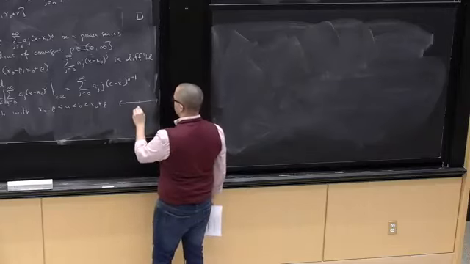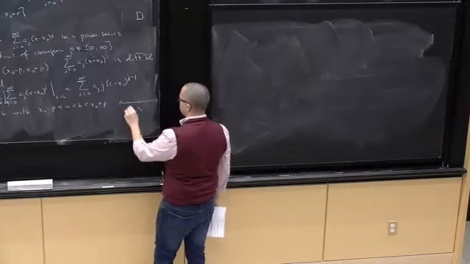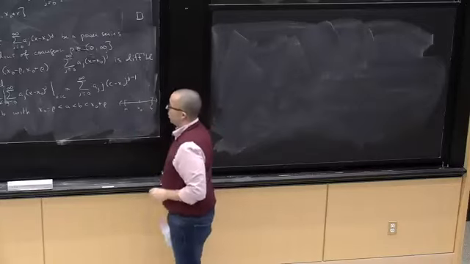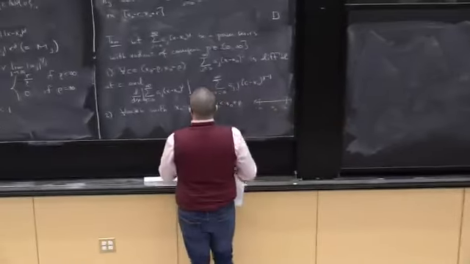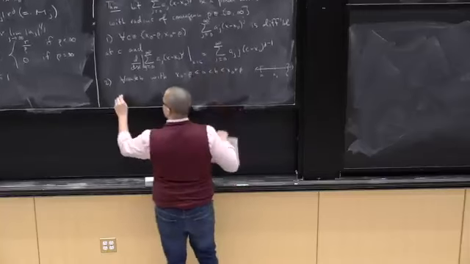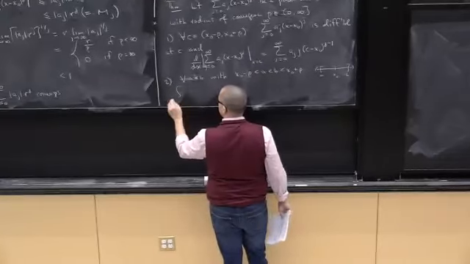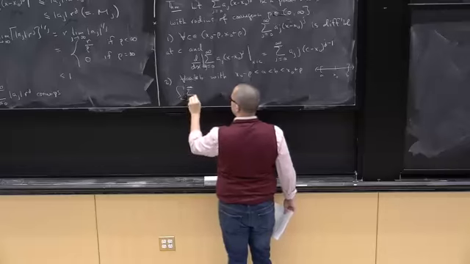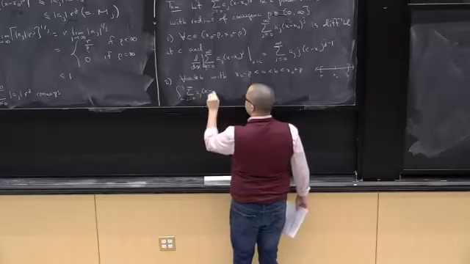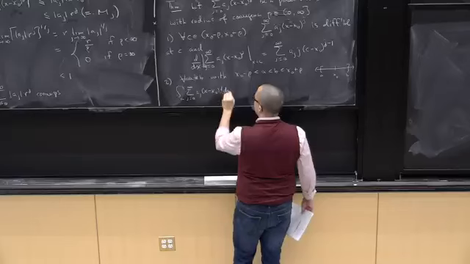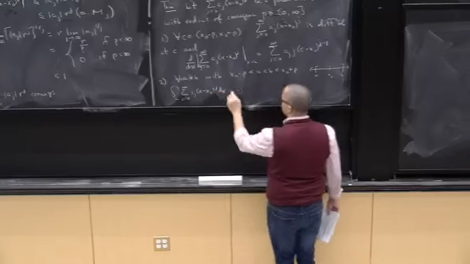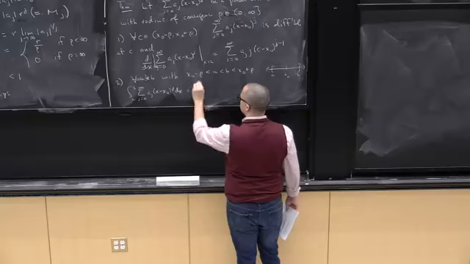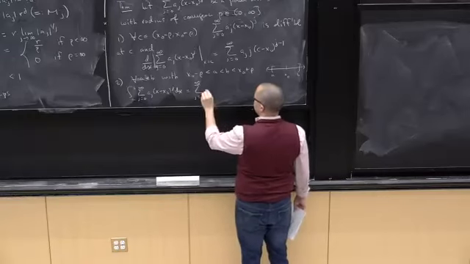There's the x naught plus rho, x naught minus rho, and so now I'm going to integrate over some interval inside. Then I can integrate term by term. The integral from a to b, sum from j equals 0 to infinity of a sub j, x minus x naught to the j dx equals, and I'll just write it this way, sum from j equals 0 to infinity of